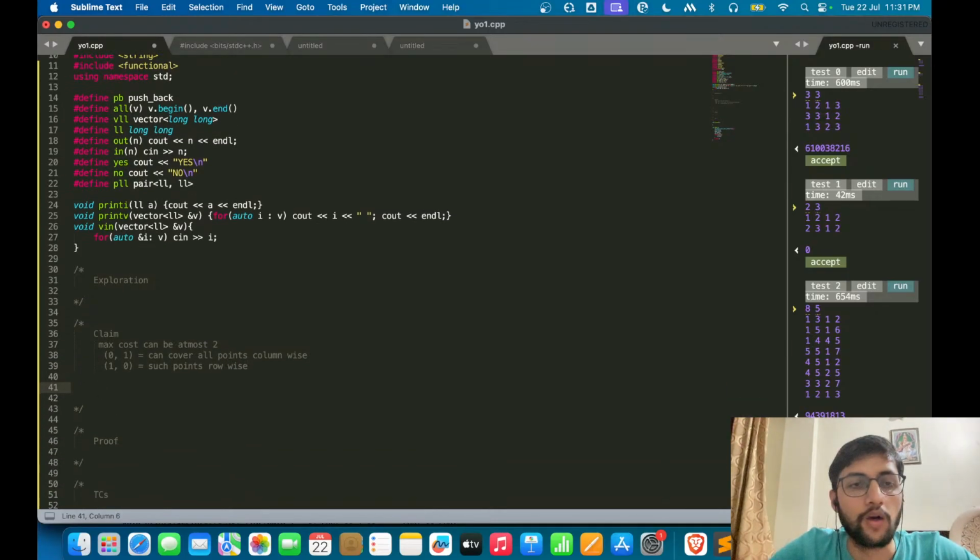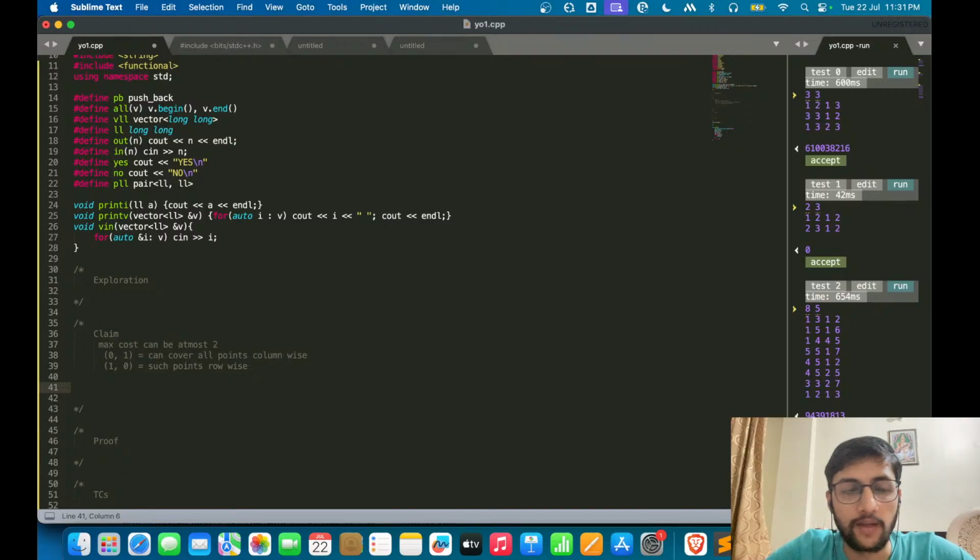Now, when can the answer be 1? We have already proven that the answer cannot be 0 because a and b are both greater than or equal to 1, but the answer can be 1. So when k, let's say, is 2 and a is 4 and b is 8,